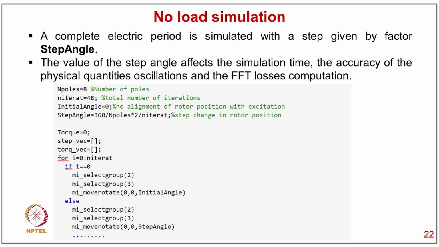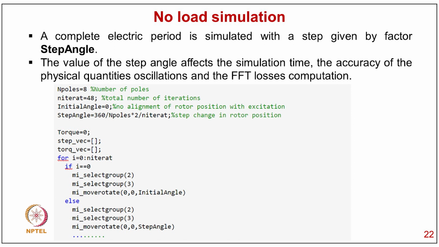The value of the step angle affects the simulation time, the accuracy of the physical quantity oscillations, and the FFT losses computation. And here is typically the code: n_pole equal to 8, n_iteration 48, initial angle 0 degree, step angle 360 by n_pole into 2 divided by n_iteration, then torque equal to 0,